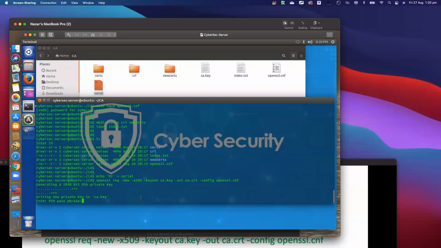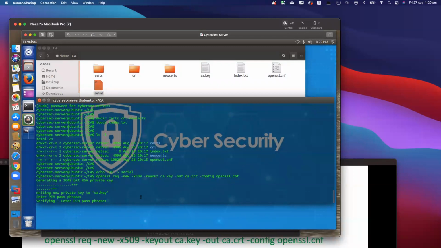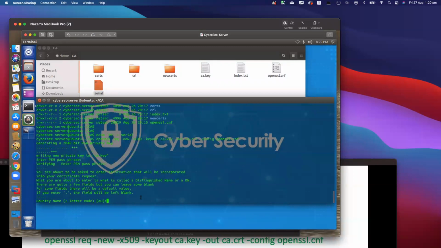Now it asks for the passphrase. You always use cybersec just to be on the safe side. Cybersec to confirm, and it needs some information to be filled in. Please make sure you fill in exactly the same information, because your client would need to use the same information. Okay. AU is the country,